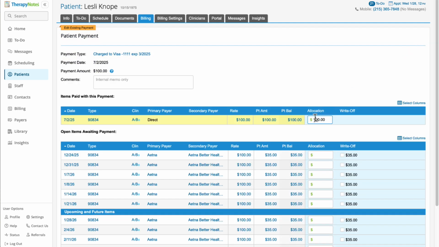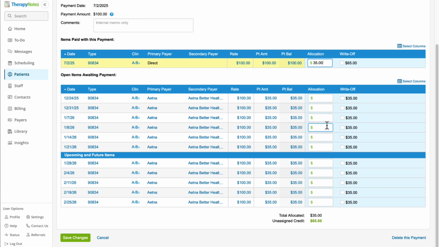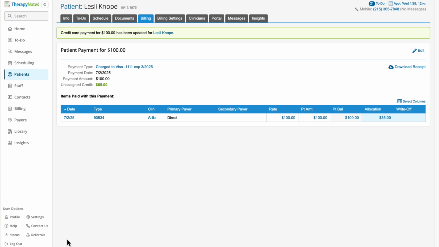Click Edit in the upper right corner and adjust the allocation fields by lessening or removing the amount completely, depending on how much of a refund you need to issue. You will see the unassigned credit amount in the bottom right corner, which is what is needed to generate the refund. You can also delete a payment here by clicking Delete this payment in the bottom right corner. Deleting a payment will not issue a refund. When finished, click Save Changes. Please note if the patient has autopay enabled, any unassigned credits are applied to balances prior to the nightly automatic